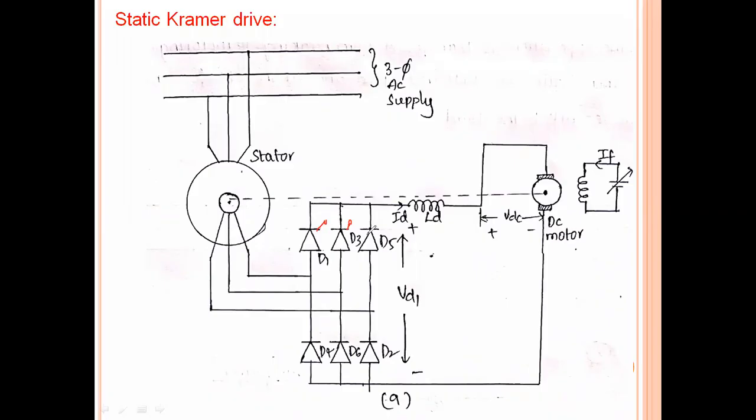But the diode bridge rectifier is used here only for synchronous speed to half of the synchronous speed. If we want more speed control than that, then we will go for the thyristor based bridge rectifier, so that we can balance the voltages where VD1 and VD2 will be equal. At that particular point, the motor will operate under steady state mode, where the generated torque is equal to the load torque. So this is how the static Kramer drive generally works.